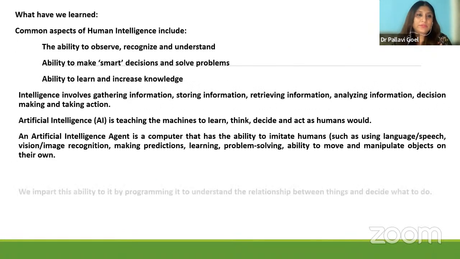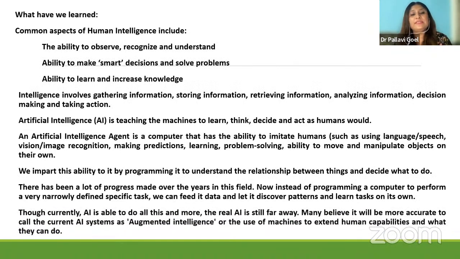What have we learned? Common aspects of human intelligence include the ability to observe, recognize, and understand, the ability to make smart decisions and solve problems, and the ability to learn and increase knowledge. Intelligence involves gathering information, storing information, retrieving information, analyzing information, decision making, and taking actions. AI is teaching machines to learn, think, decide, and act as humans. An artificial intelligence agent is a computer that has the ability to imitate humans,